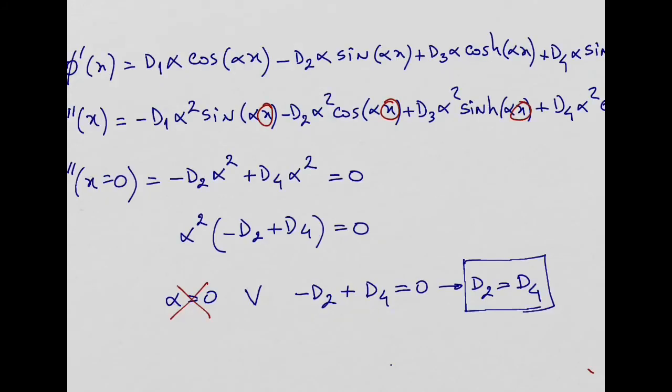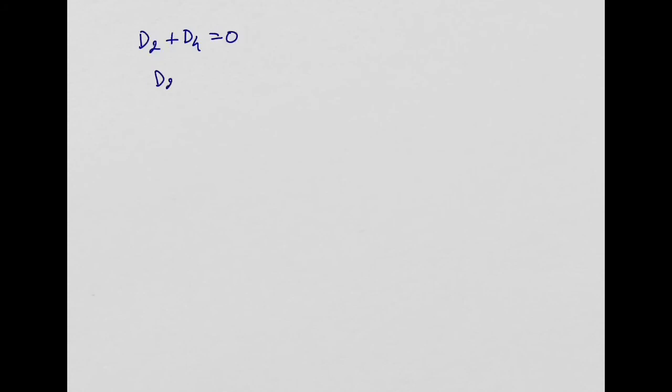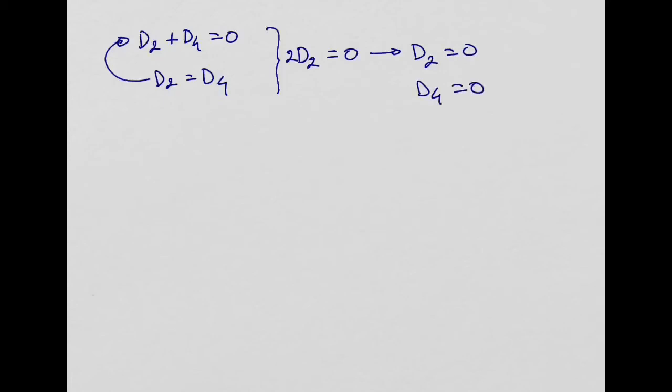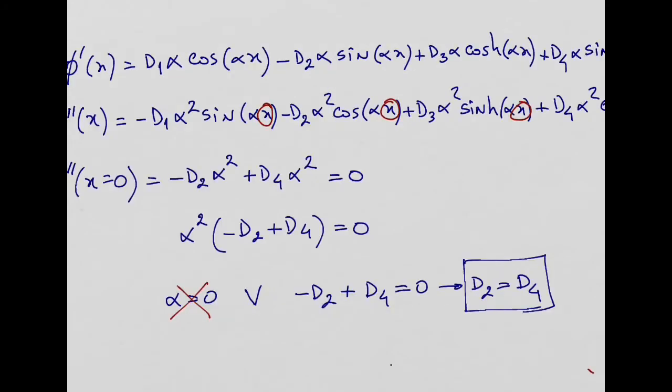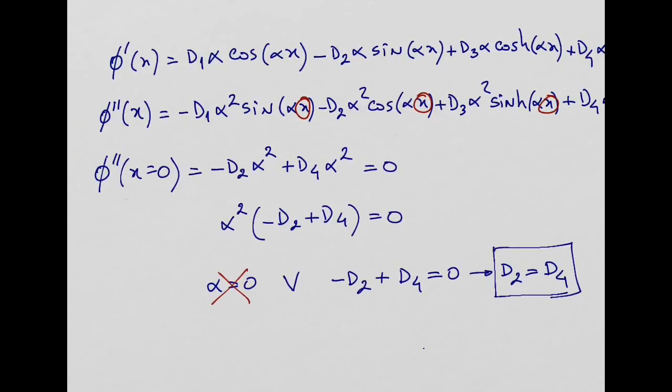The second equation we have is d2 equal to d4. If I replace the second equation into the first, I get at the end 2 times d2 equal to 0, which means d2 equal to 0. If I replace in the second equation, I get also d4 equal to 0. Fantastic. So for the pinned beam, d2 and d4